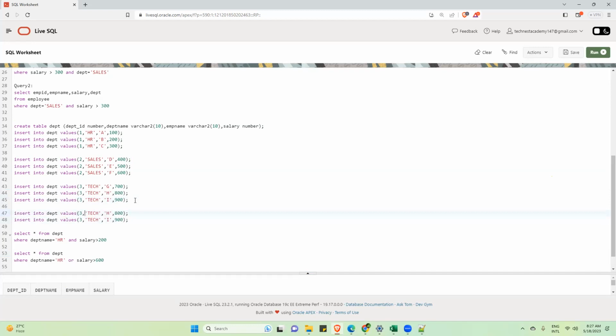Suppose now we have another department for operations. Intentionally I'm inserting two more records, guys, for operations. So we have the operations department as well.